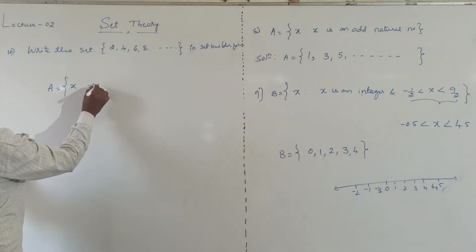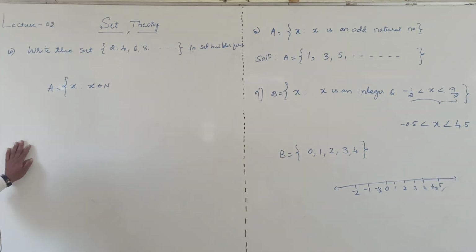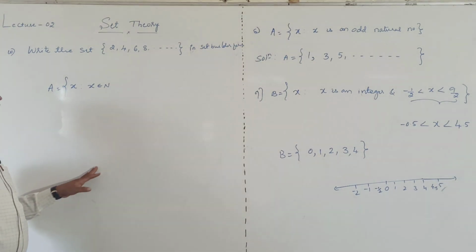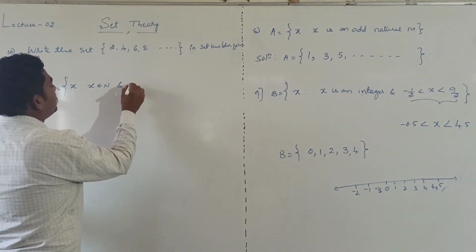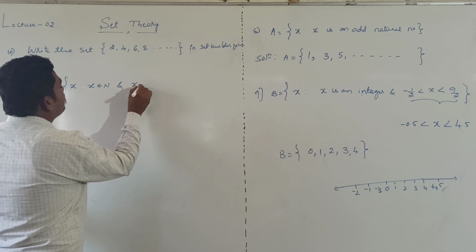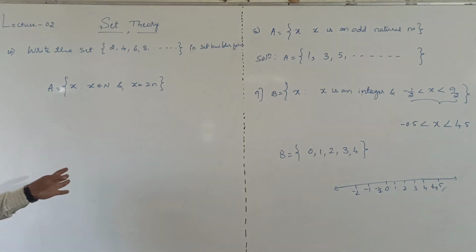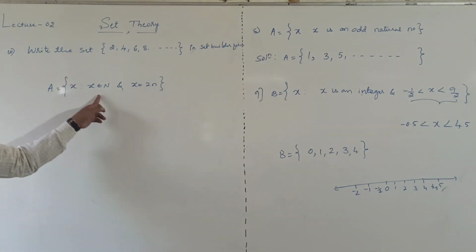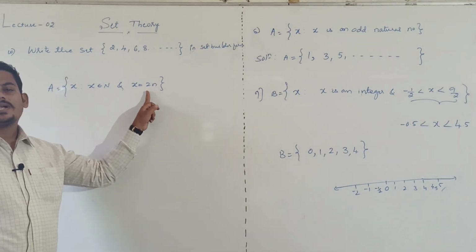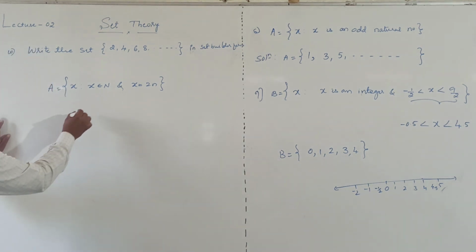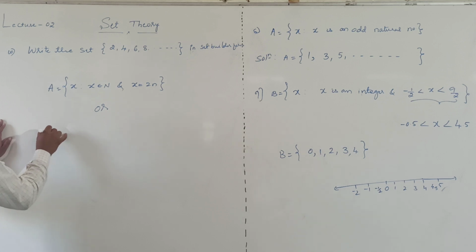X such that X belongs to N. Right? Clearly X is a natural number. And what is one more condition? And X equal to 2n. It is one of the methods. X should be any natural number and X is a multiple of 2. It is one method. Or in other words, the same set we can write as